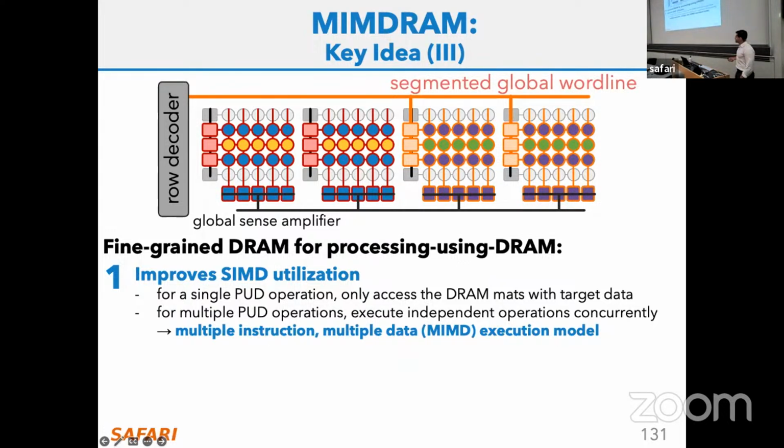So the other thing that this allows is that if I only activate half of my mats for one operation, and I have another operation that is data independent from the first one, I can use this other half of those mats to execute those remaining bits of that computation that is data independent.